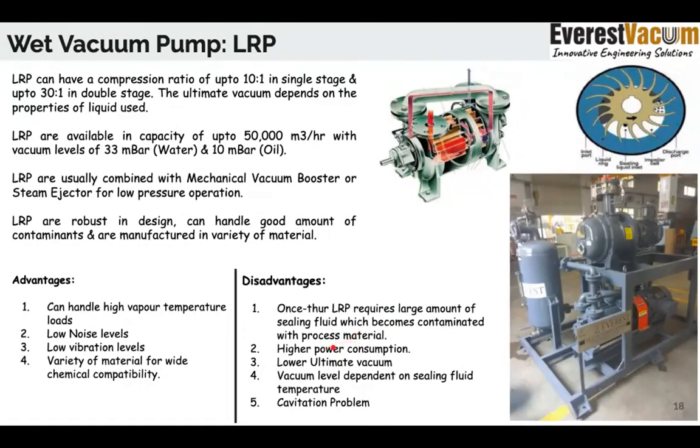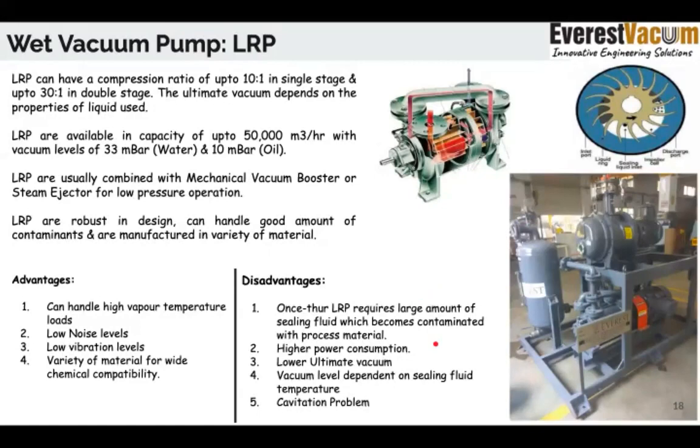The power consumption is high. Now, why is power consumption high? Because a ring of liquid has to be formed. It is like churning a glass which is full of water with a spoon. The amount of energy you are spending is much higher than you would have spent if it were an empty glass. Because of the fluid, you have to spend more power.